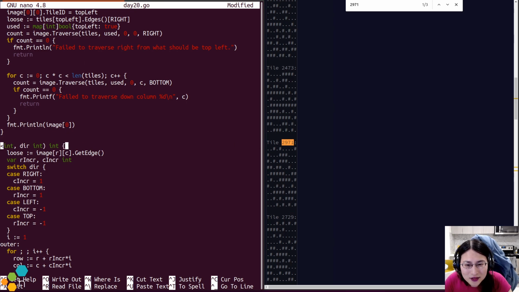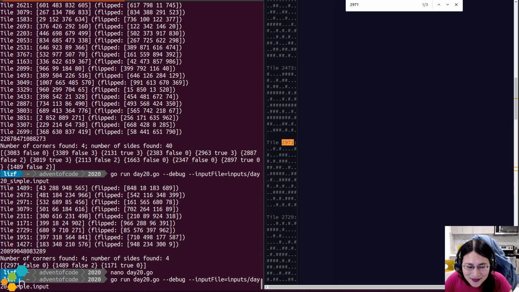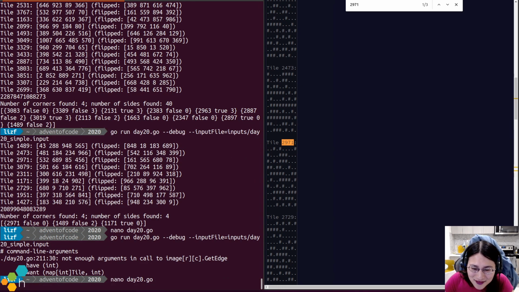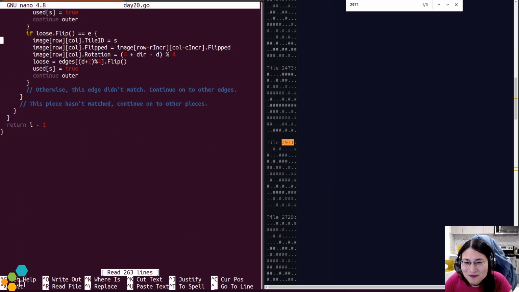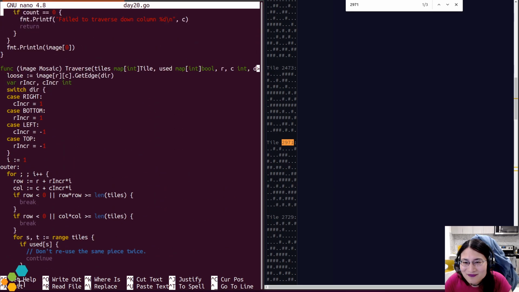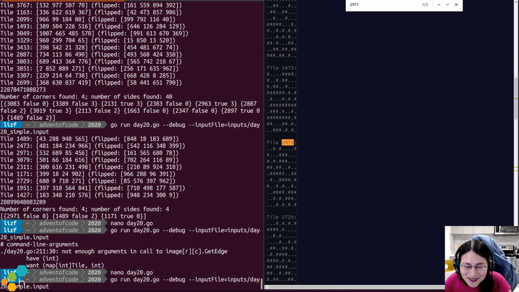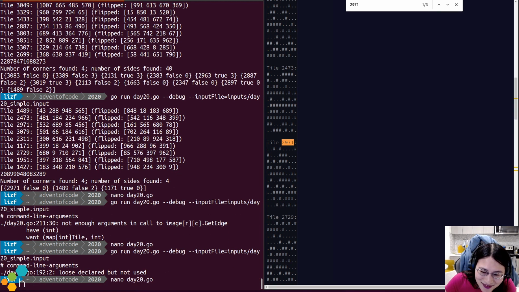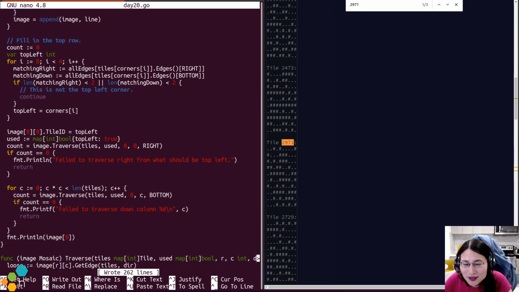Get edge in direction dir. Oh, and it needs the tile list as well. Okay. Use declared but not used. Yep, that's fine. I don't need that anymore.